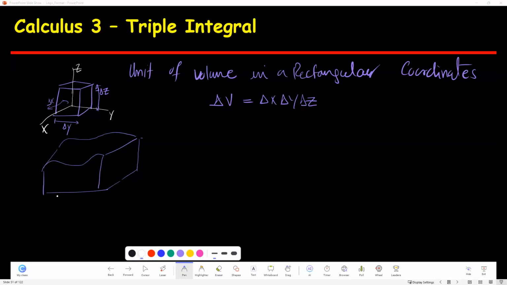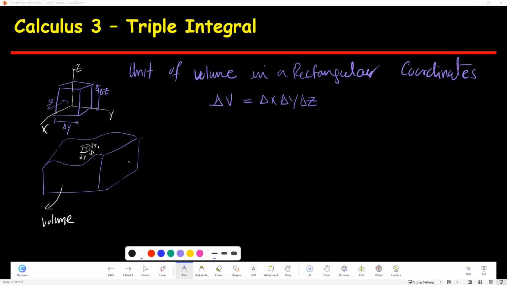And if I'm asking you to calculate the volume of this shape, what you're going to do is go into the center of this, wherever, and just take a little cube, right? And then again call it delta x, delta y, and delta z. You can call it this way, or the best way is to call it in differential form, dx, dy,